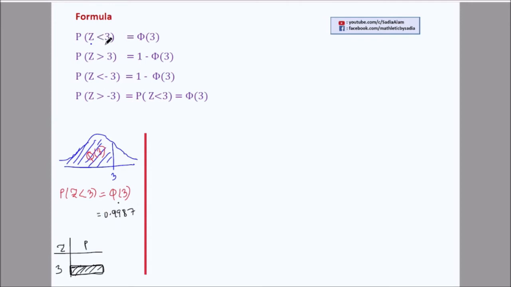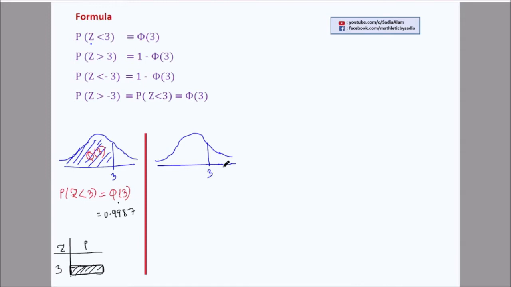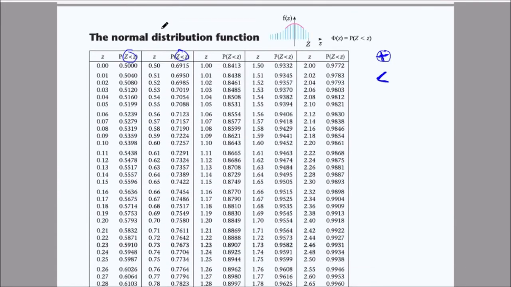I'm just using an example with 3, but if you need different values, suppose you need 2.5, you will take the corresponding value for 2.5. That's it. So let's move to the second one. This is 3, and phi of 3 is what? This left side is actually phi of 3. But sometimes we might need the value at the right side, as in z greater than 3. Instead of less than, sometimes we need to find z greater than 3. But like I said, the table is for less than values, right? So if you need greater than